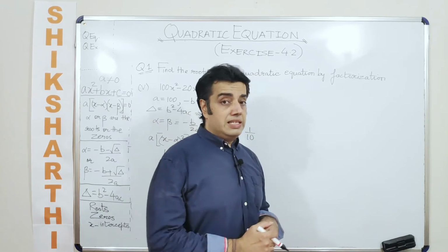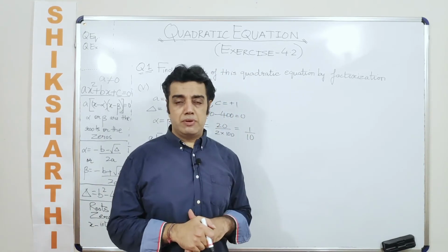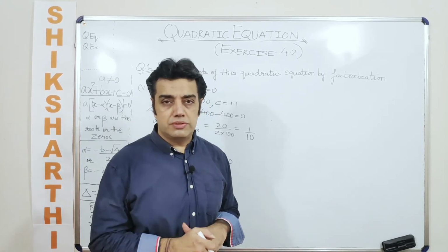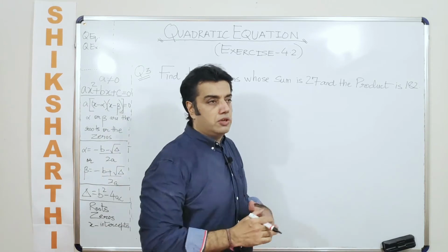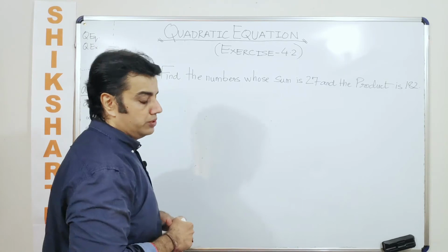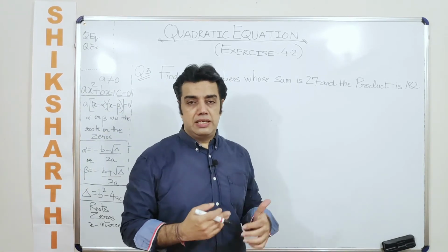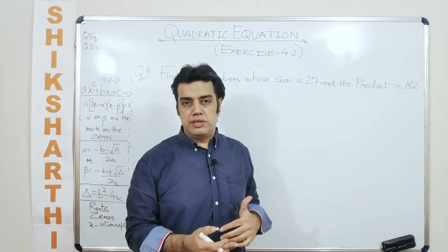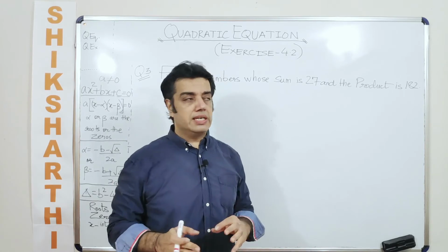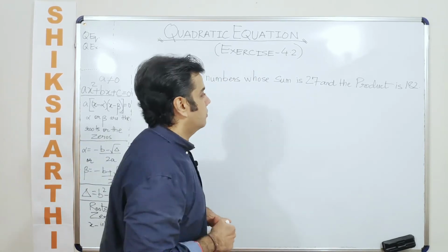Okay, let's move on to question number 3 directly, because question number 2 is nothing but example 1. So let us talk about question number 3 and then we talk about other questions. Question number 3 says: find the numbers whose sum is 27 and the product is 182. There are quite many ways of doing this question. One is iteration, which is hit and trial; the exact language here would be to try out the question and hit the correct answer. That is the second way. The third way is we can make it a perfect square and then solve it.